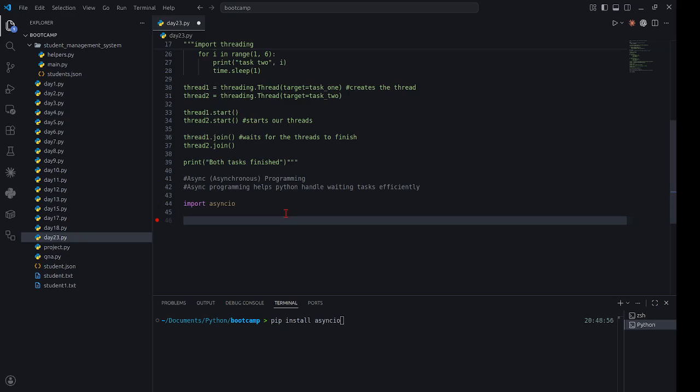So to use async programming, let's say we have our function download data, right? You need to create a function. Async programming is also built within a function, right? You have to declare your function the same way you create your function, but the difference between a normal